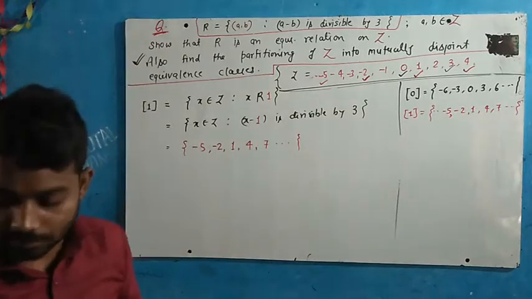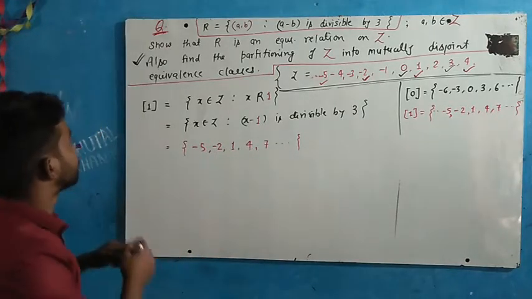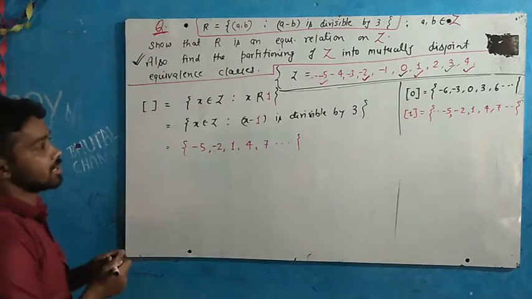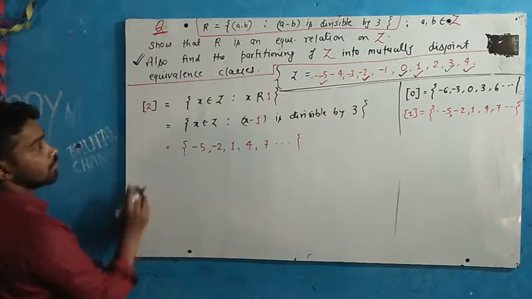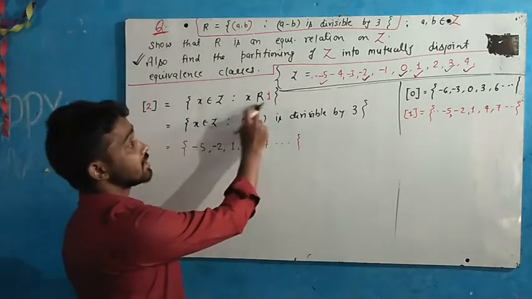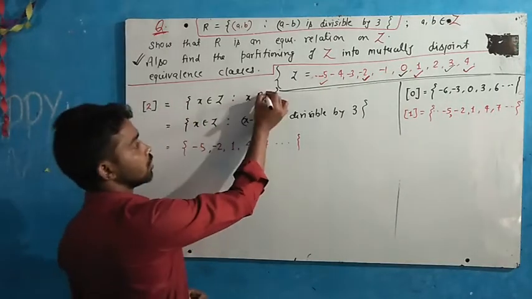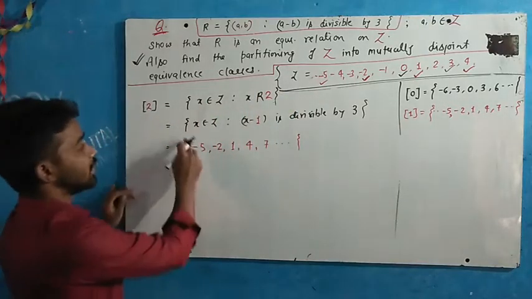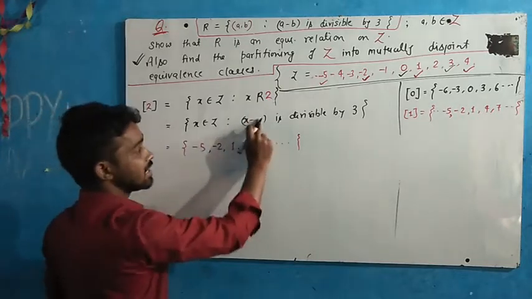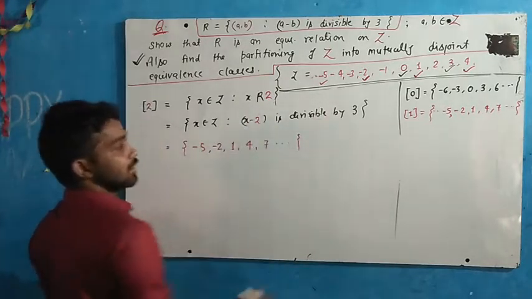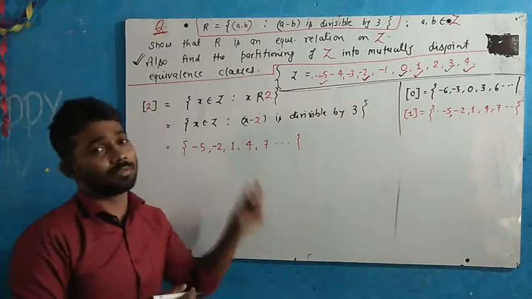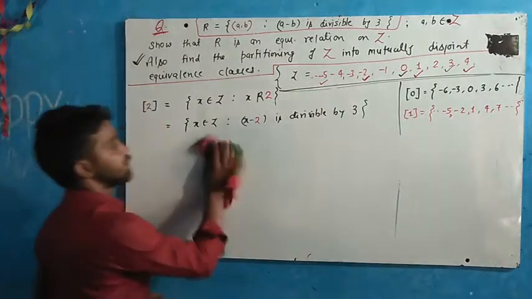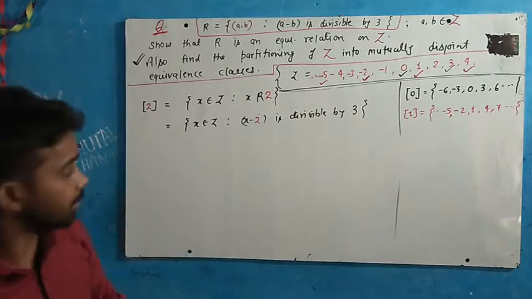Now similarly we are going to find the equivalence class of the element 2. Clear? Okay, see. Now the equivalence class of 2, what is the change here? Those x belongs to Z such that x is related to 2. Those integers which are connected to 2 or related to 2. So here we can say x belongs to Z such that x minus 2 is divisible by 3. Again we are going to put in all the values of x and see which values follow this statement.